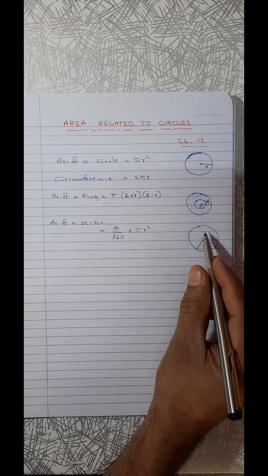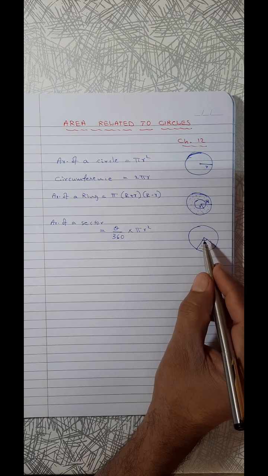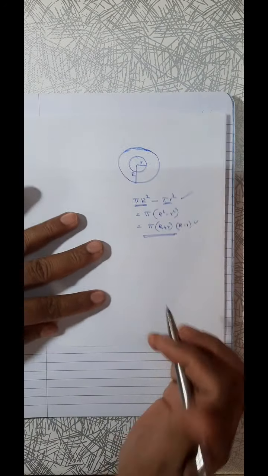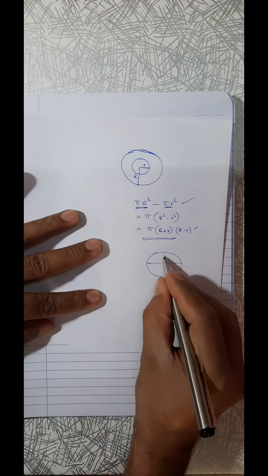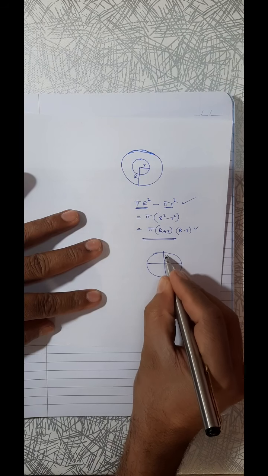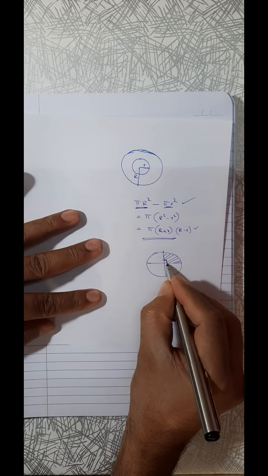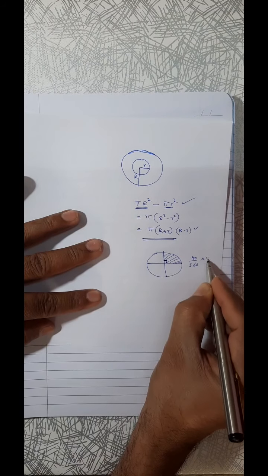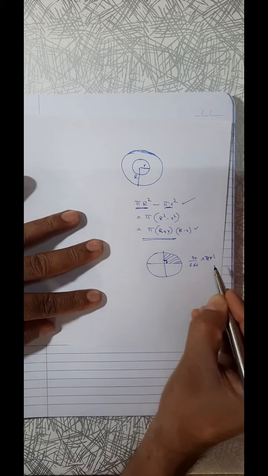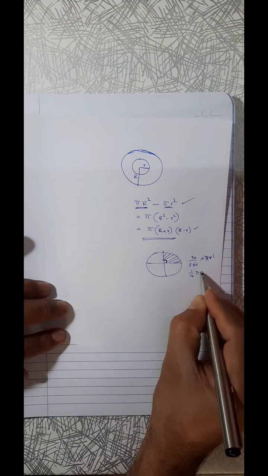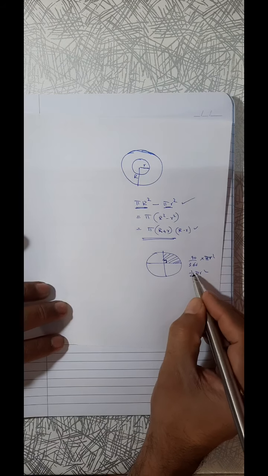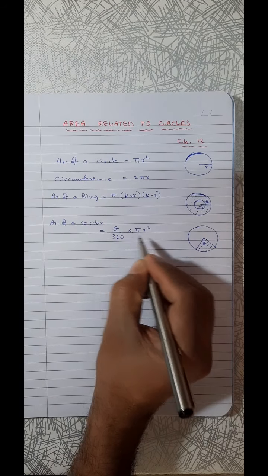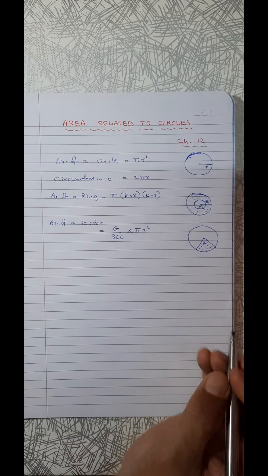1/4 means 90 degree. 1/4 of the circle means 90 degree. When a circle is divided into exactly 4 parts, each is going to be 90 degree. This sector is going to have theta 90 degree in that case. So 90 by 360 into pi r square, so 1/4 pi r square. So that concept, when we say 1/4 or half, in that theta by 360 ratio we are dividing. So that is the area of a sector.